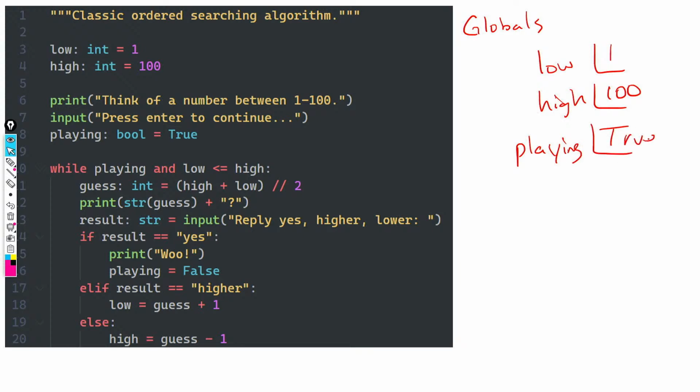And then we encounter a while loop. This while loop on line 10 has a compound conditional, right? So you all learned about and, or, and not, which are our Boolean operators. This and operator is saying, while playing, and because playing is already a Boolean value, it either has to be true or false. So we can use it directly, right? We can say, while playing, we look up playing, it's true, and we do need to evaluate the right-hand side of the and operator. Low is less than or equal to high. So low is 1, high is 100, low is less than or equal to high, that's true, so we're good to jump into this loop.